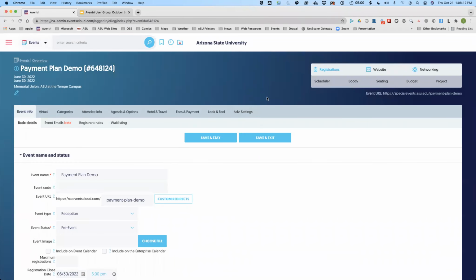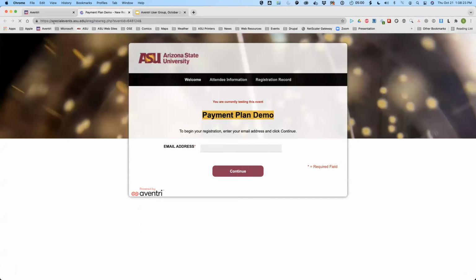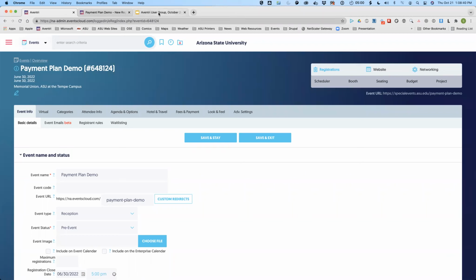And what's nice about this is not only can you use this forward facing in a postcard or a poster, but also when you send people to the site, they will actually still stay in an ASU domain URL. So they'll know they're in the right place. I mean, before Events Cloud, we haven't had any complaints, but I still think this is nice. People now have some satisfaction in knowing that they are actually on an ASU site.